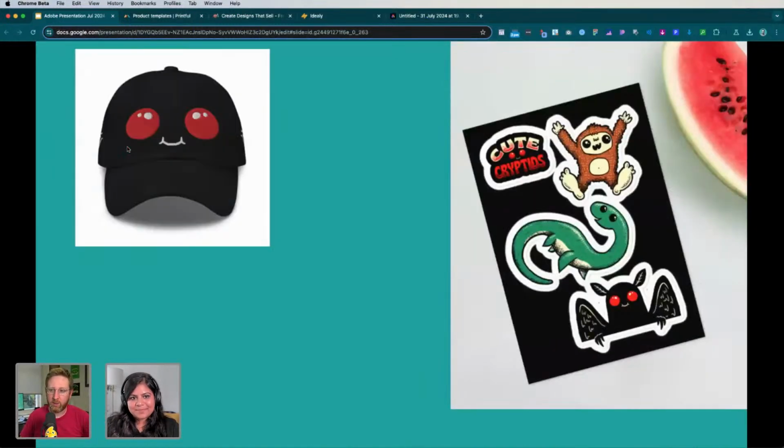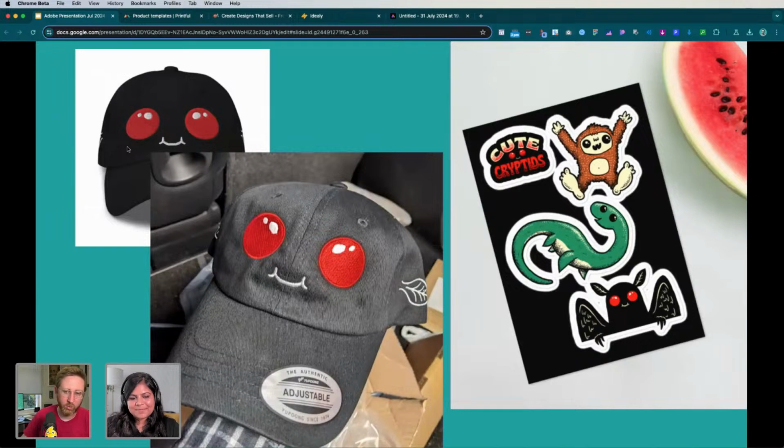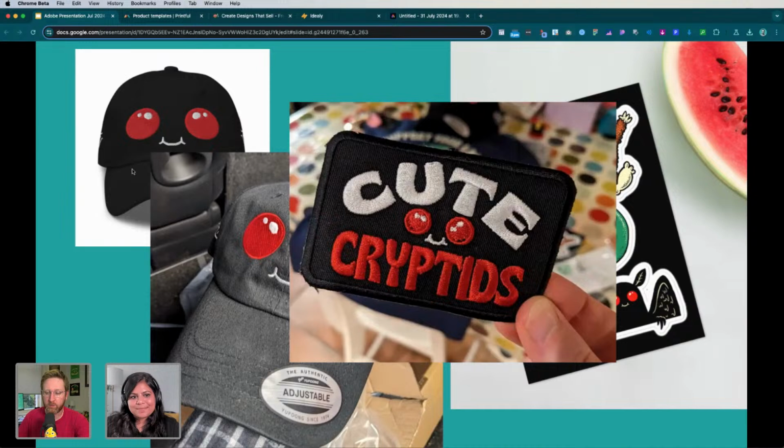So yeah, sticker sheet, hats with the embroidery, which is really nice. It is more vibrant on the t-shirt as well, so that's nice to see. The quality is really great. That's why I recommend Printful for quality. You just get consistent quality across the board. Oh, we did a little patch as well. You can see that. So my son's got that on his backpack. That's pretty cool.